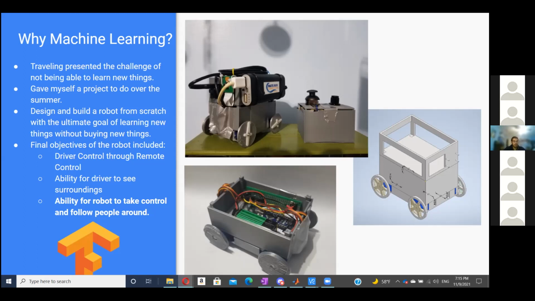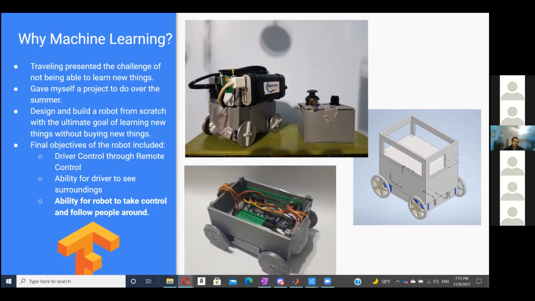It's basically a robot that I came up with. When you're typically designing a robot, you're trying to achieve a certain goal, right? Or you're trying to have the robot do a certain thing. For me, when I decided to make this robot, I kind of did the opposite, where I designed the robot around what I wanted to learn. That was one of the big things: I really wanted to learn a lot of different things. So I designed the robot around what I wanted to learn.